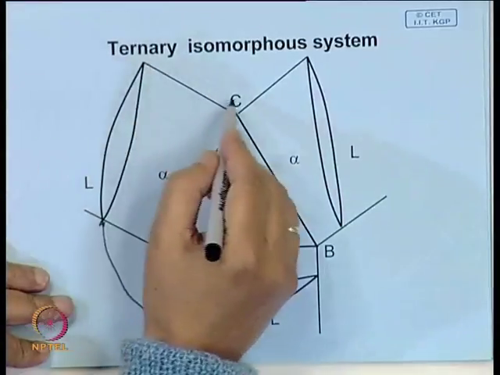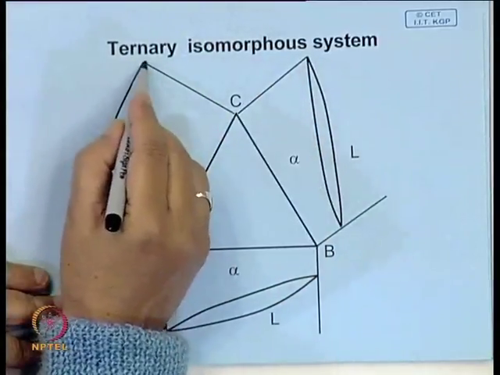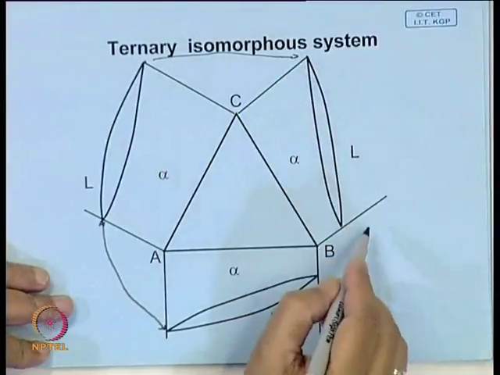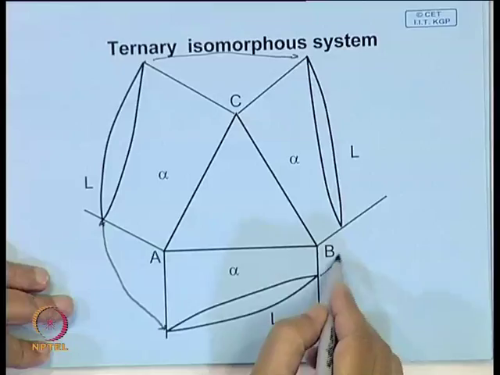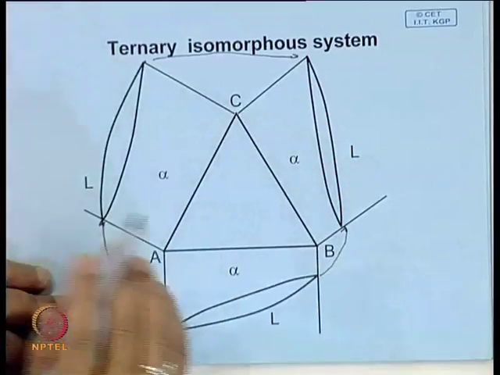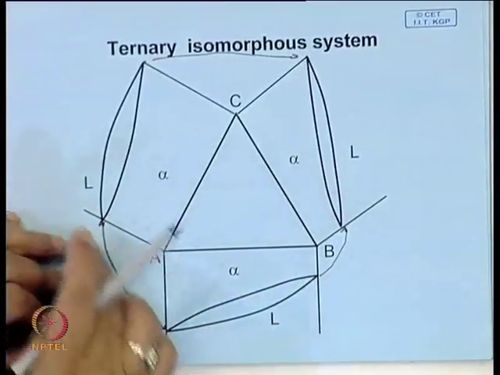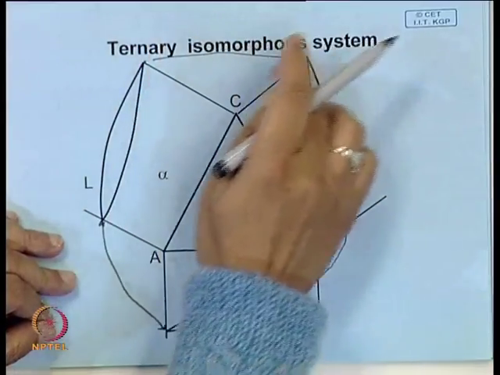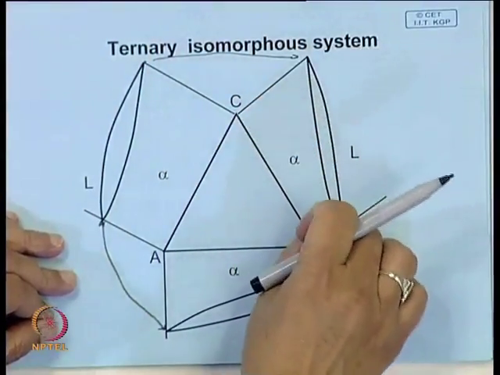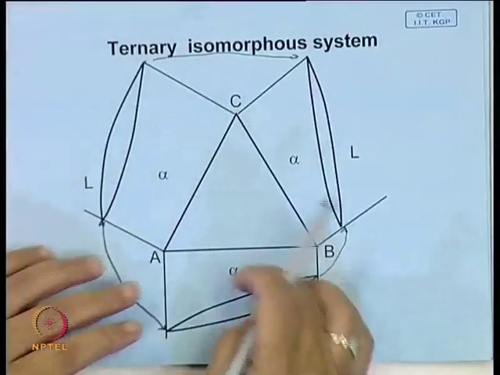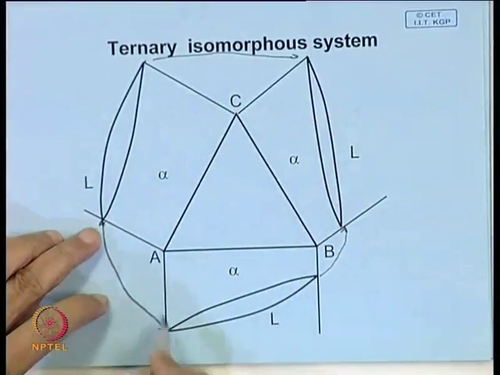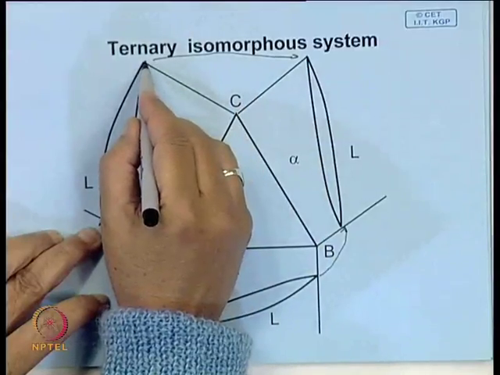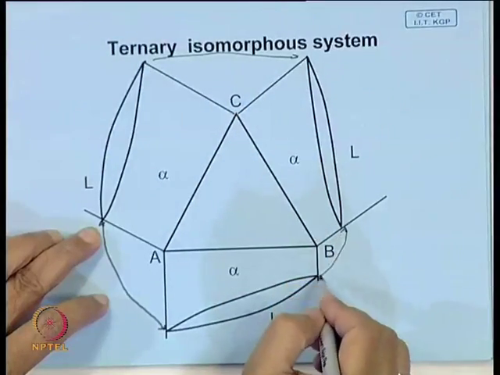Similarly, you cut out this portion and then this point and this point will join together, and similarly these two. So you draw this on a 2D diagram, cut out this portion, fold it along this and make this vertical. Then this point will join here, this point will join with this, and these 2 points